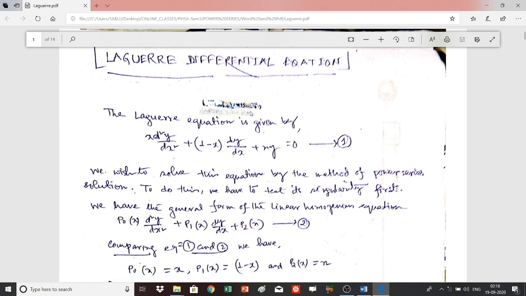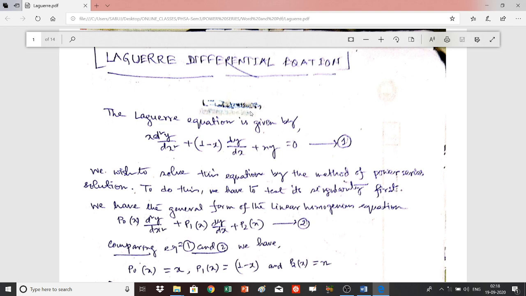And the Laguerre differential equation is given by x d2y/dx² plus (1 minus x) dy/dx plus ny is equal to 0. I rewrite it as equation number 1 and wish to solve this equation by the method of power series solution. To do this, we have to first check whether this equation is soluble or not in the method of